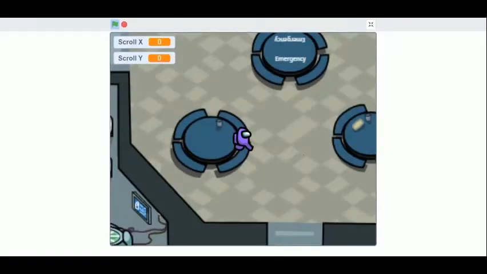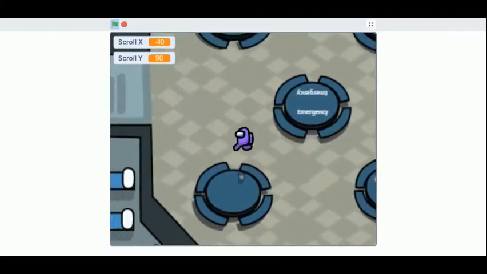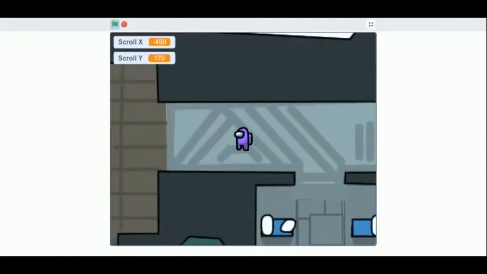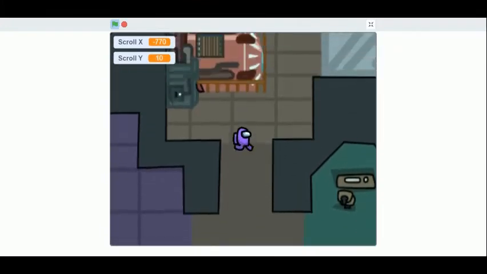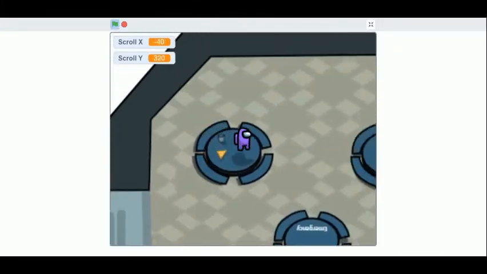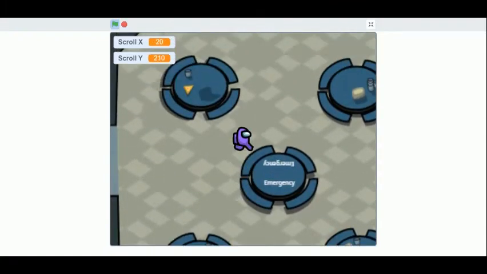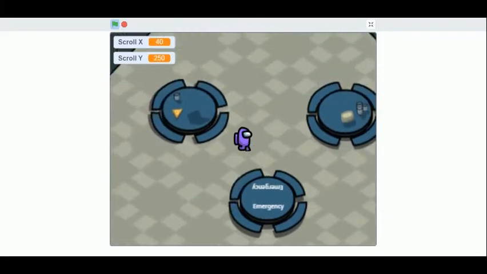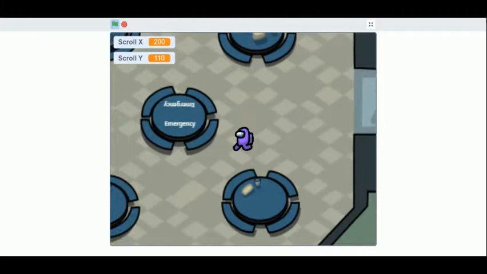Let's do this. The game starts with a character standing on a very zoomed map. We can also move around using the arrow keys, and you may notice as we move, the background keeps changing smoothly. And we can also interact with the objects present in the map. And in part 2, we are going to make it so awesome that it looks like a game downloaded from App Store or Play Store.